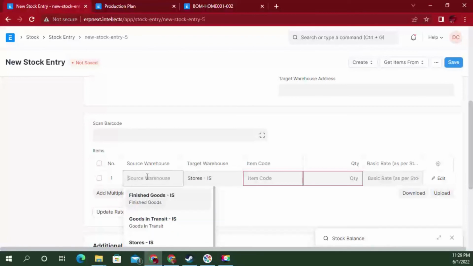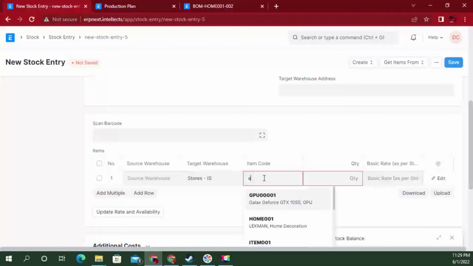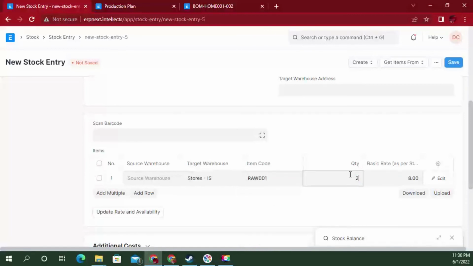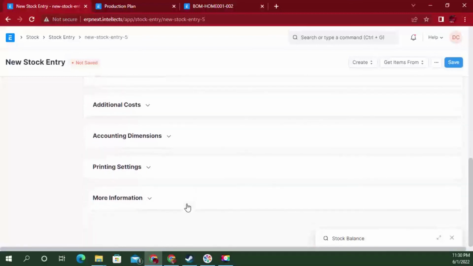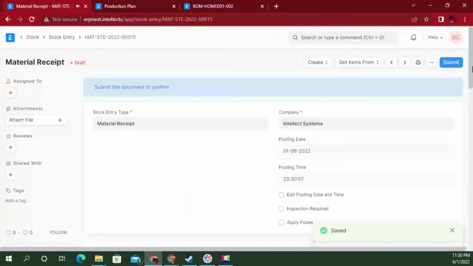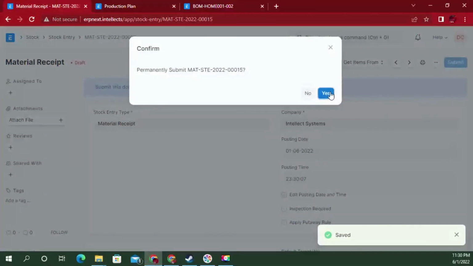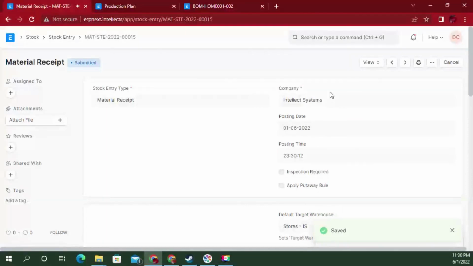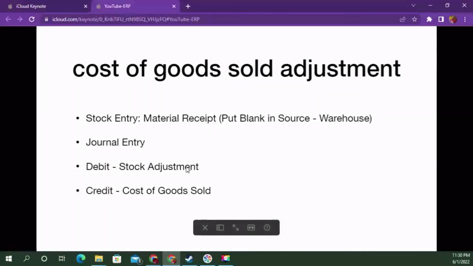For the warehouse, we leave it as none, and then we put the adhesive tape for 2 of them. No additional cost, so what you need to do is just save and then submit. In the stock, those 2 products come back to stock already. And then next, after you do this,